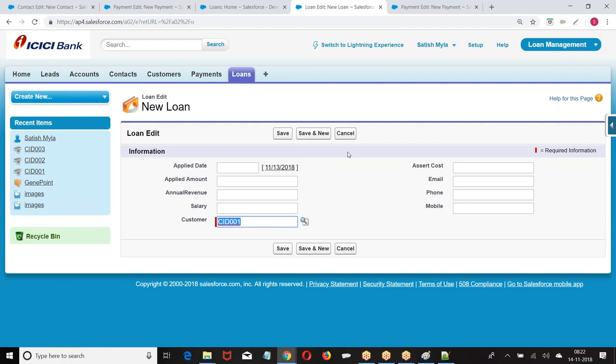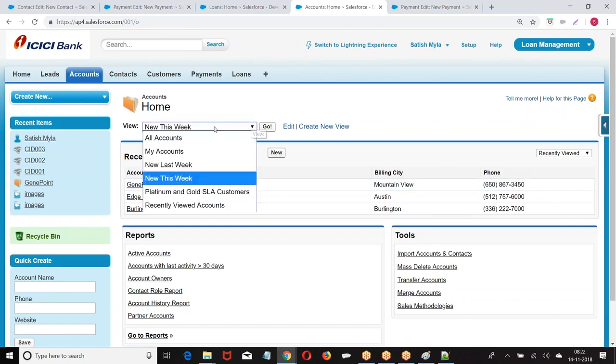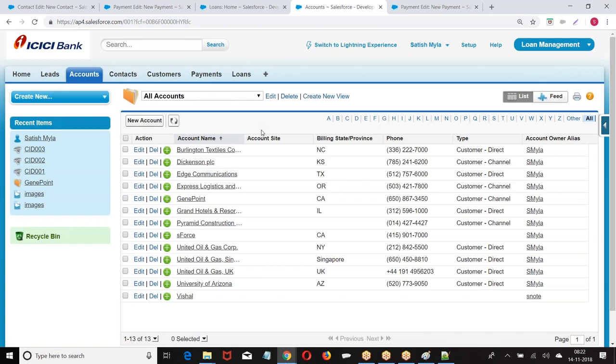Clear for everyone? Okay. Now, before I wind up, 2 more points I'll give. When I click on the tab, what you're getting here is called the home page of the object. Now, we have filters here, right? All records, all this stuff. When I click on this, the page we are getting is called list view page, a list of records in the table. That's why it's called list view page.